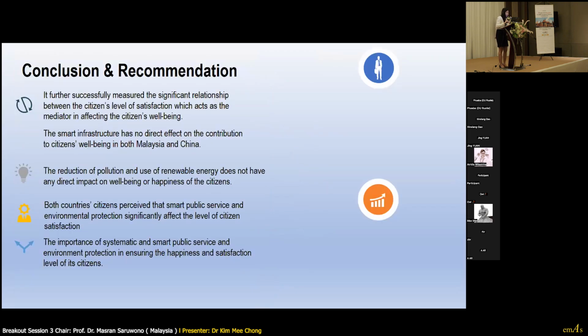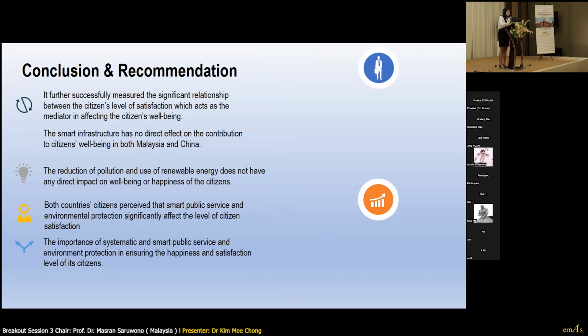Last but not least, the conclusion. We found the significant relationship that the citizens' level of satisfaction, which acts as the mediator, is the main key that leads to the well-being of the citizens. Again, infrastructure does not have a significant relationship for both countries.